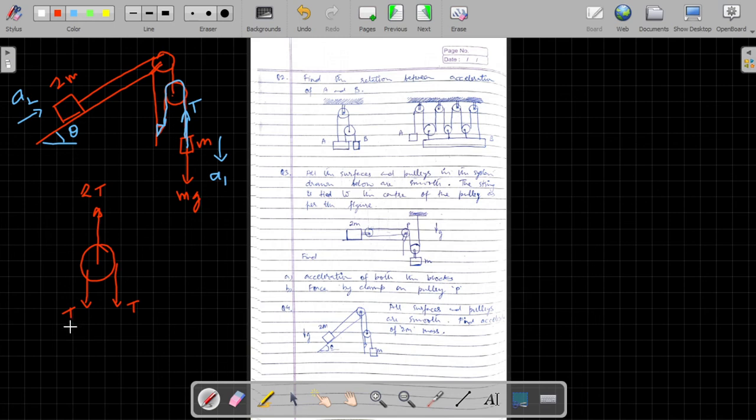So we would say that this whole pulley is in equilibrium. The downward tension acting on the right end is T, so on the left end it should also be T. And to balance that, the upward force applied by this particular string should be 2T. Okay, then we will be applying the constraint relation equation which we have learned. So what are the points of contact? The points of contact for the pulley are this one, this one, this one, and the block itself.